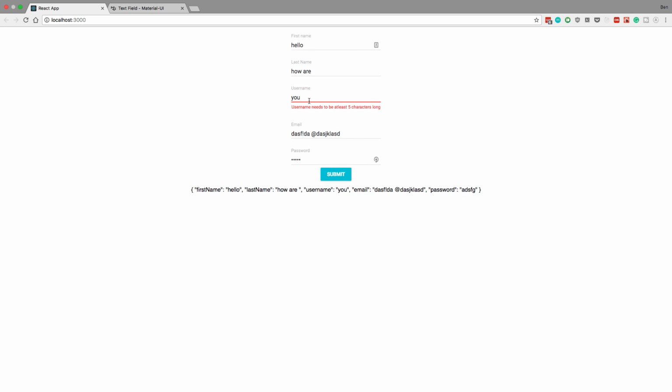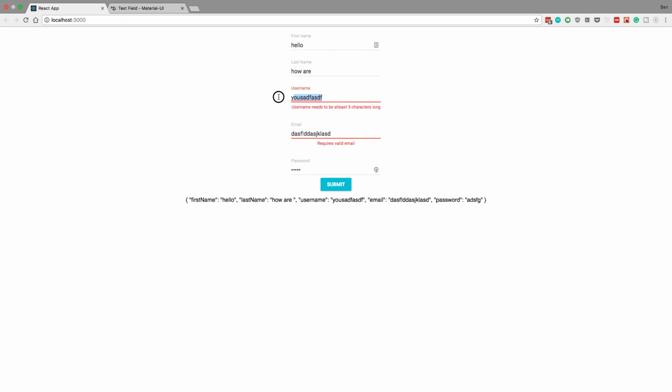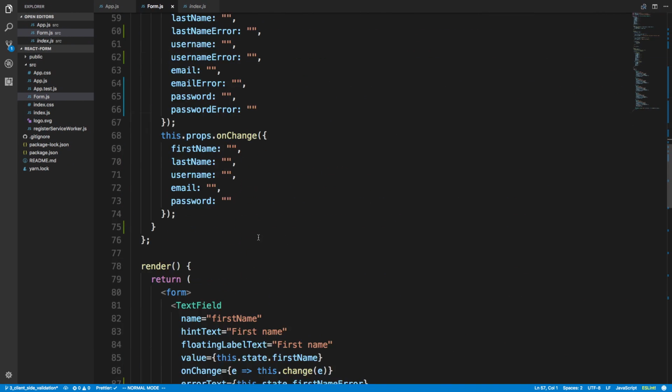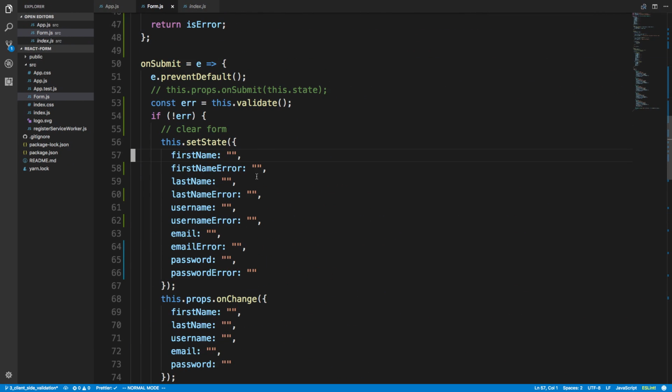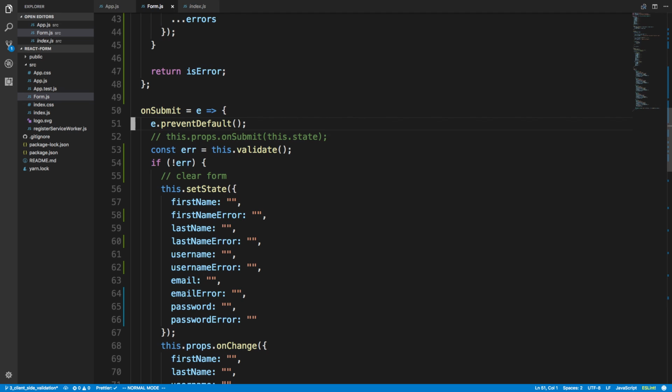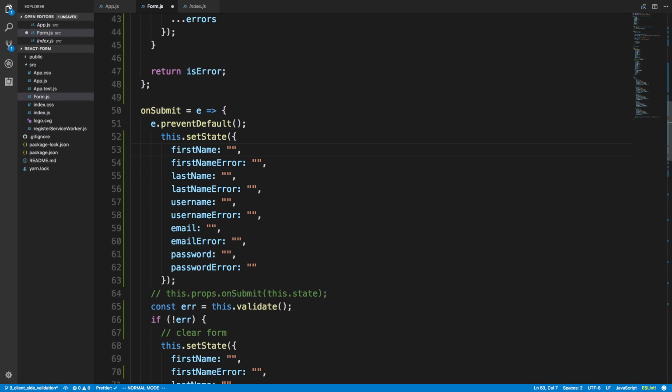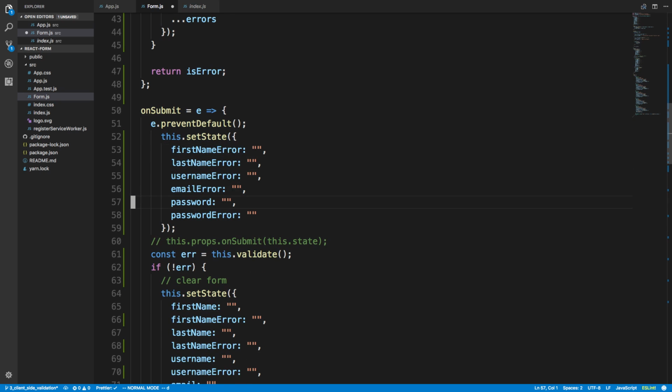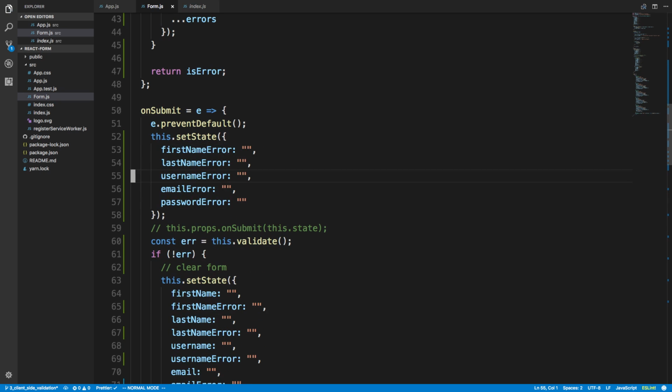So we submit, can make it a little bit longer. Maybe I get rid of this. And you'll notice how it still shows red here. So what we can do is we also want to handle that case, right? We want to clear it if they fix it. So every time they submit, what we want to do is clear the form at the end. Or we could do it at the beginning, that's fine. So at the beginning,